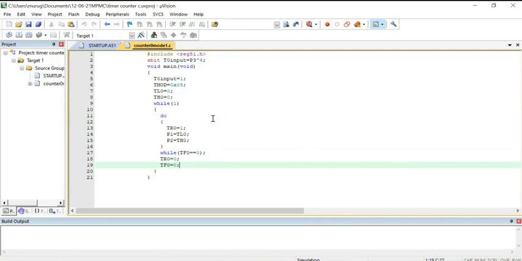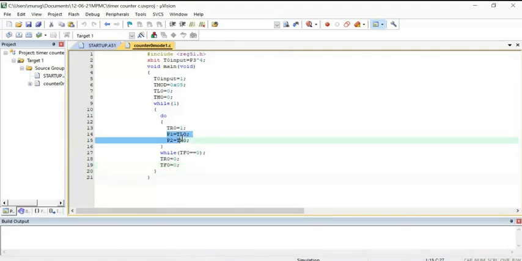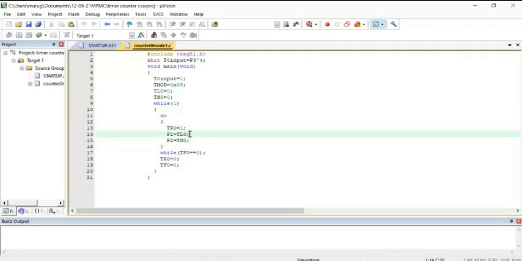I think I gave the same example in your experiment also. Cycle 2, second experiment, option D. Read the question carefully. The program is this one only. Write a C program for counter 0 mode 1 and display the status of the TCON register in port 1, port 2 respectively. Lower order TL register in port 1, higher order data in port 2. That is the given objective in the question.